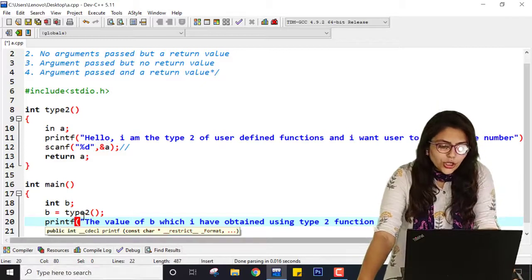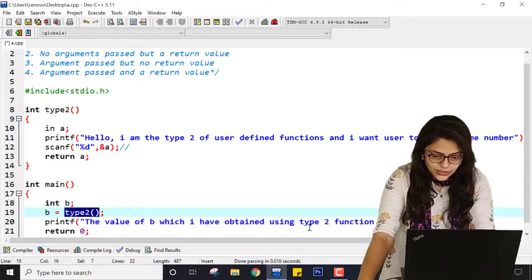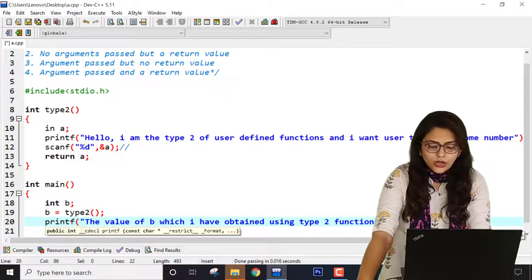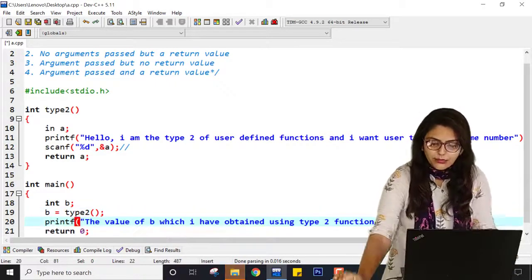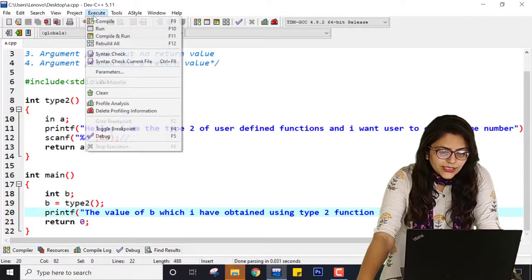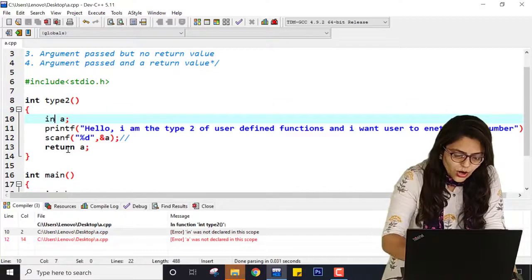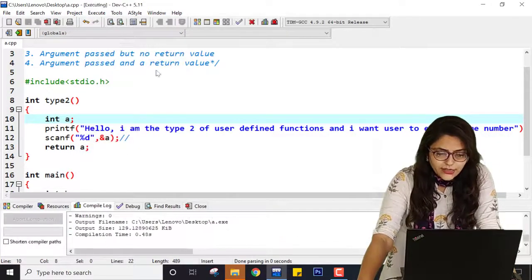You can also directly write type2 here instead, so this is not incorrect. You can also write it like this, but I am making it simpler for you. So now let me save this program, compile it and run it. What is the issue? Int is not correct, int is correct. So let me correct it, compile it again and run it.